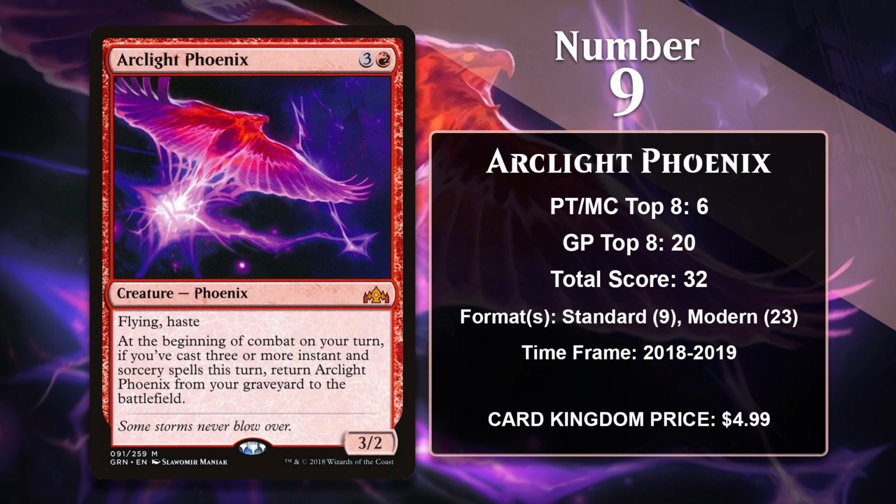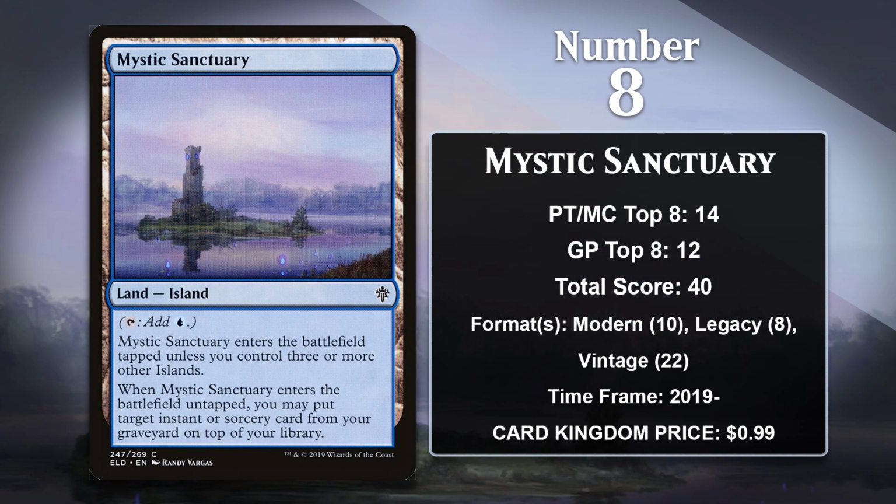In Modern, Faithless Looting ended up getting banned to nerf a number of graveyard decks, and since then, Arclight Phoenix doesn't have any points. At number 8, it is Mystic Sanctuary, a land which lets you put an instant or